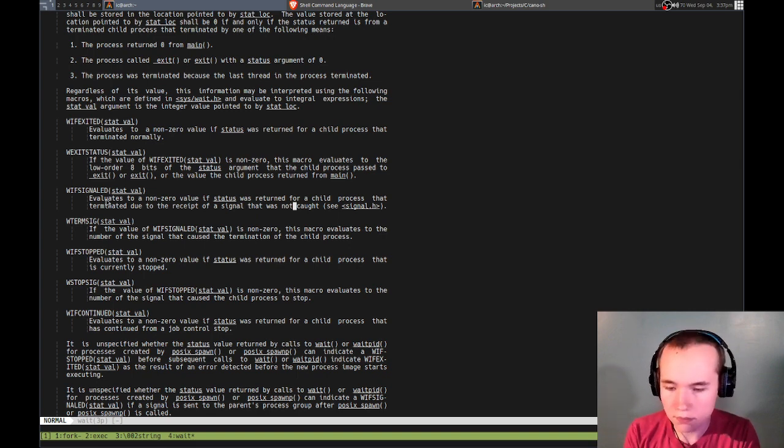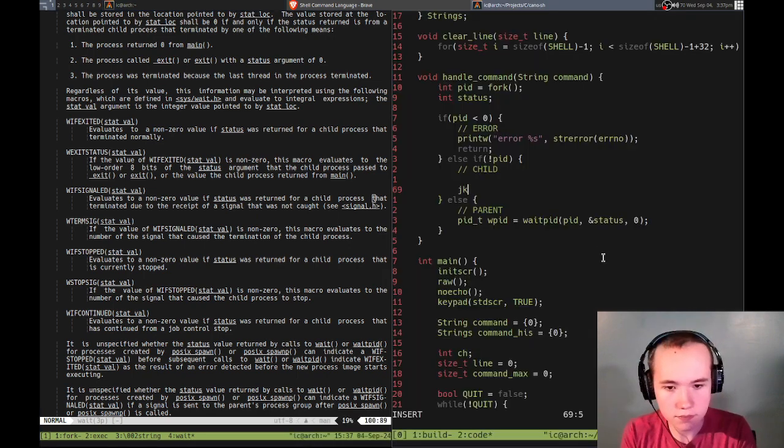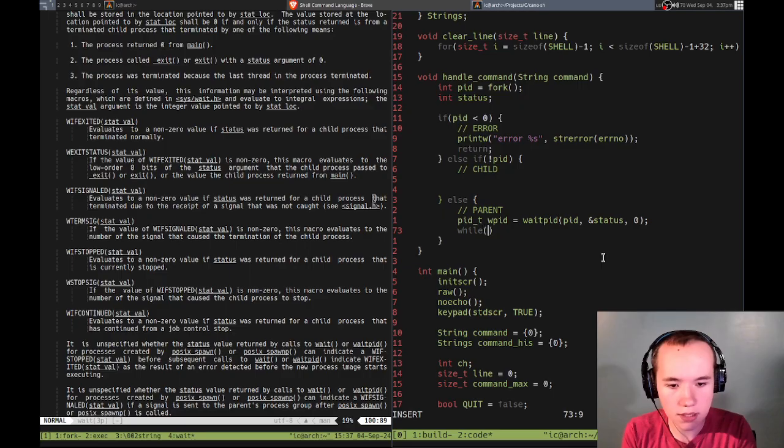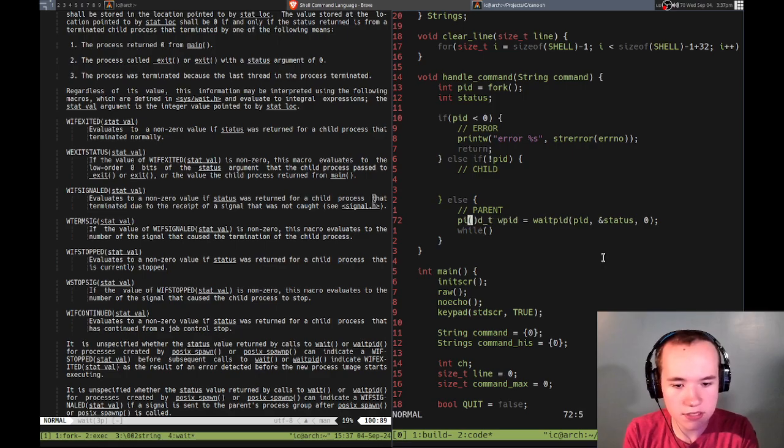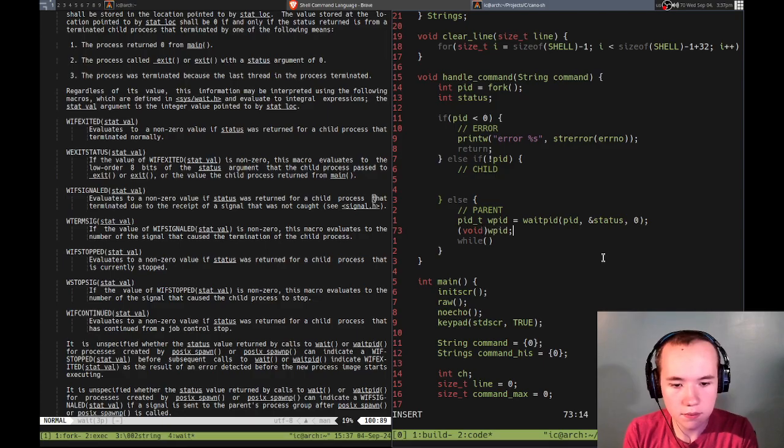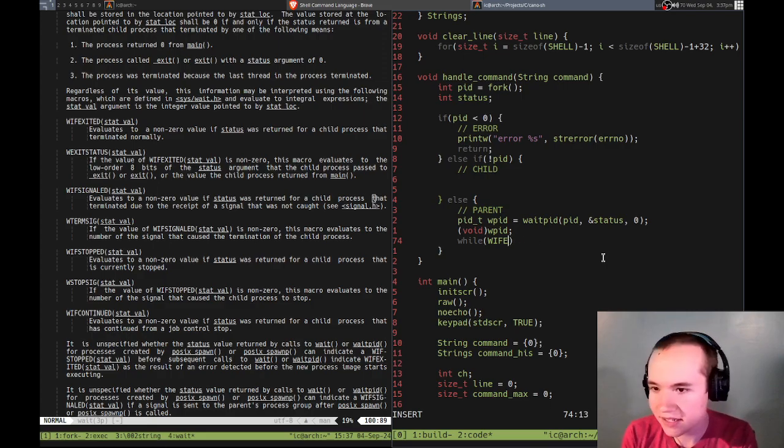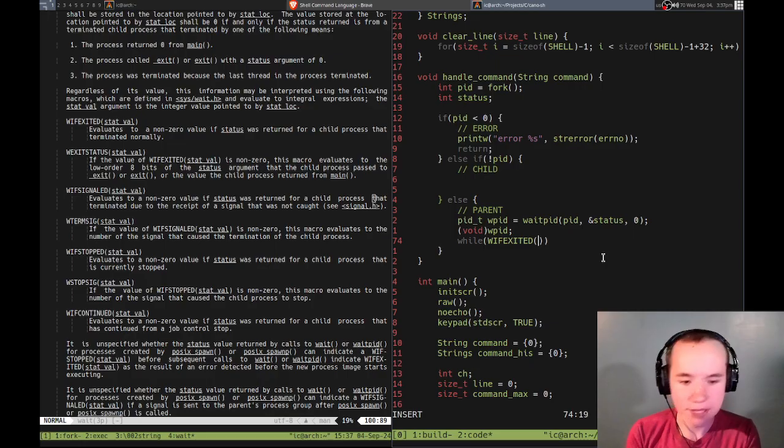So while, let's open this up. I think it can be a while loop, so I don't know necessarily that we need a return value. So I might just do that, just so it doesn't give me the warning. So we need the site. How do you spell execute? There we go. Okay, status, and then